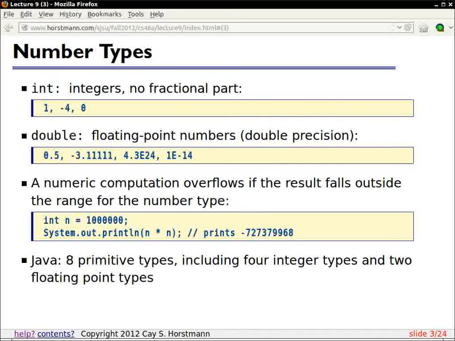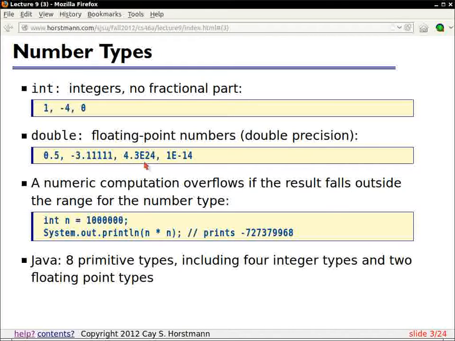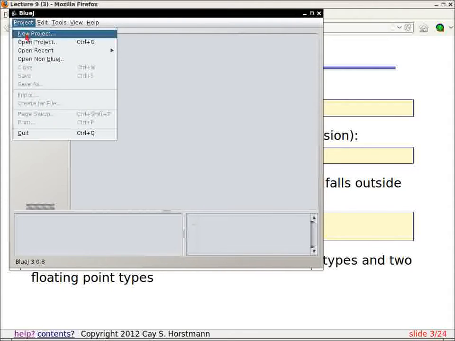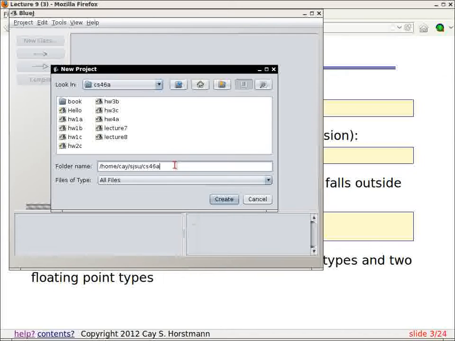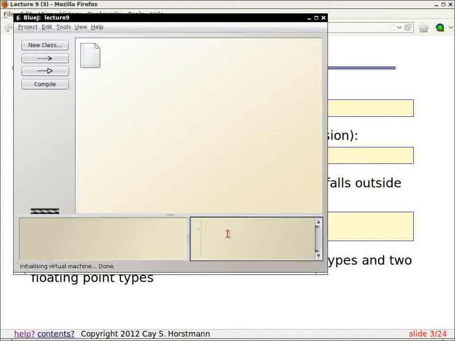The most important part for us is overflow. So if we look at this little code segment here, and let me actually demonstrate this real quick. If over here I say int n equals, this I believe is 1 million.